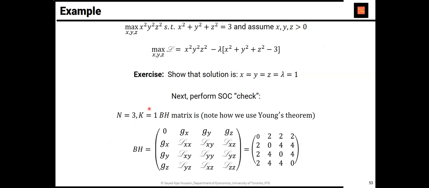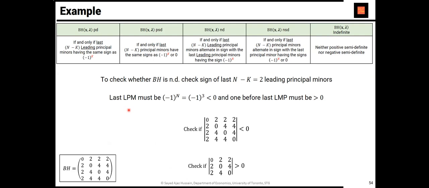When n is equal to 3 and k is equal to 1, I have to check the signs of the last n minus k leading principal minors. 3 minus 1 is 2 leading principal minors. So here's your entire bordered Hessian matrix. So I check the last one,